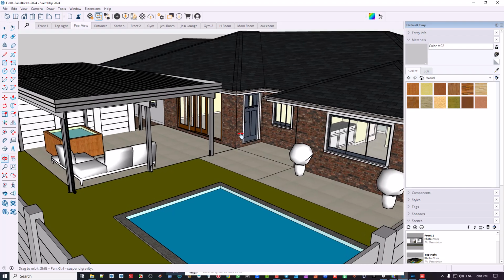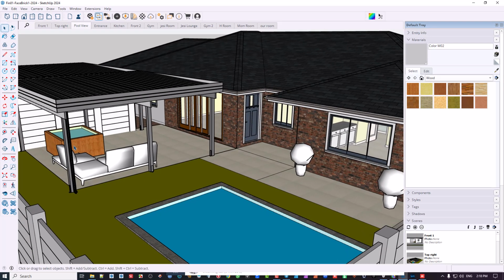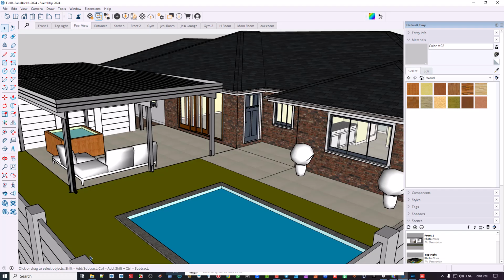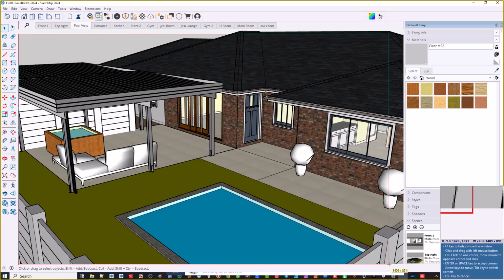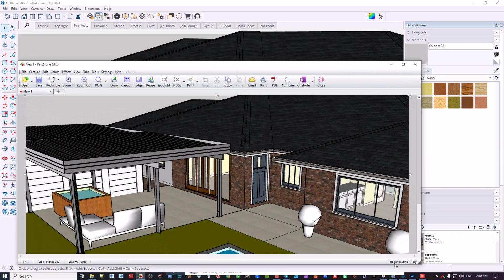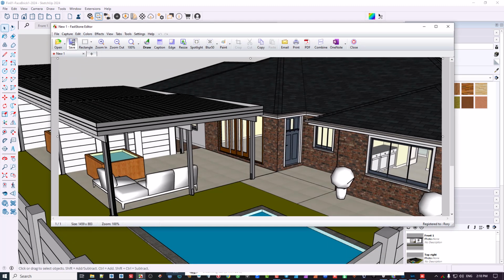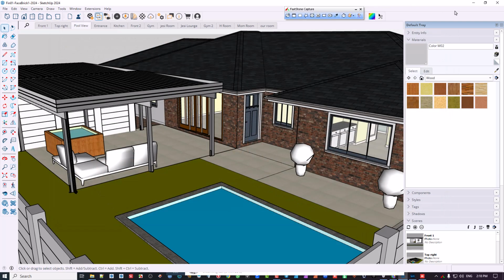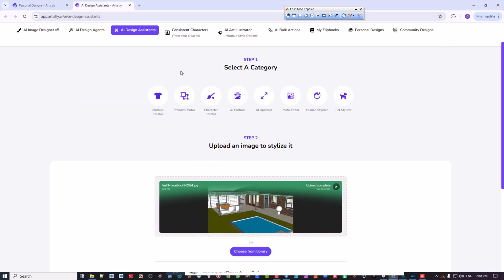I'm going to give this kind of viewpoint, and when you export in SketchUp you can go here and say export a 2D graphic, but for the sake of simplicity I'm going to just do a screen grab, just to keep all things extremely simple. There we go. And I'm going to save that. I have already done one of them, but I'm going to save this as screen sketch. Let's save that. Okay. So now I'm going to head over to